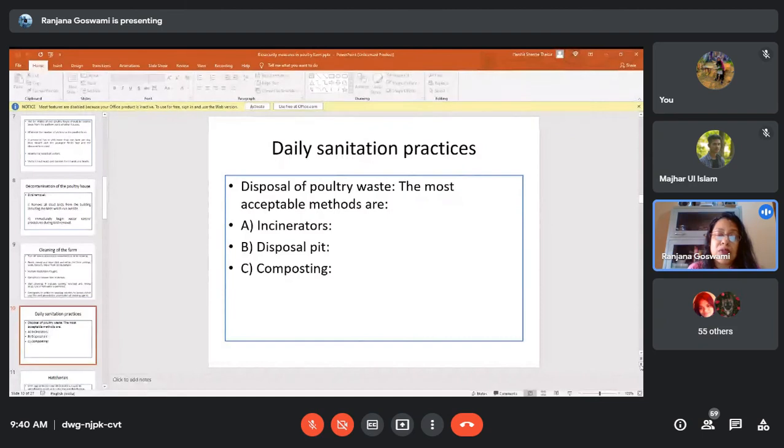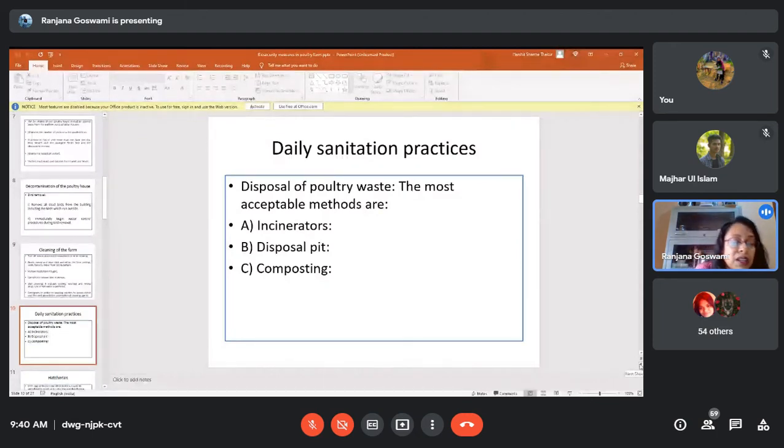Disposal of poultry waste is a very important factor, because if you are going to just throw it near your shed, what will happen? Flies and all will come, and flies are the vectors. They will carry the diseases. And moreover, if lots of smell is there, then always it will attract the flies. So you have to be very careful about that. So this is regarding